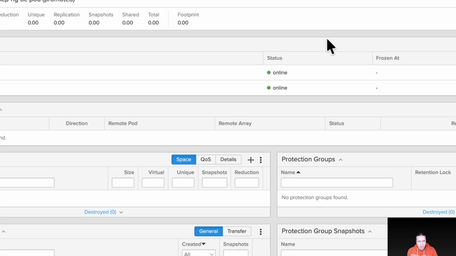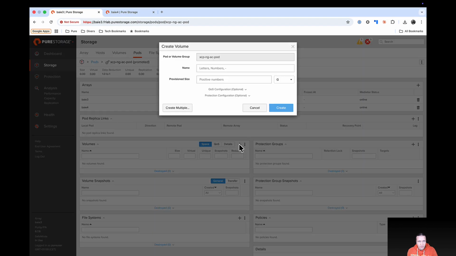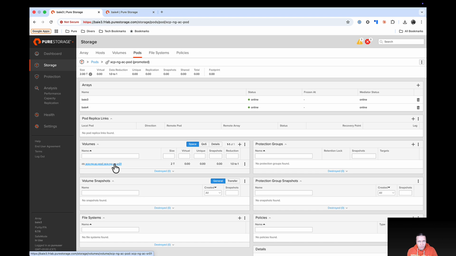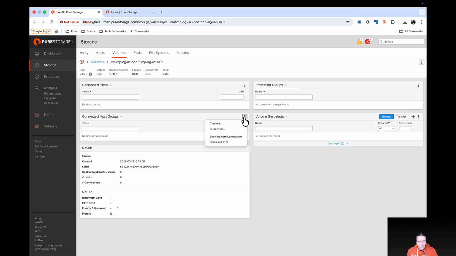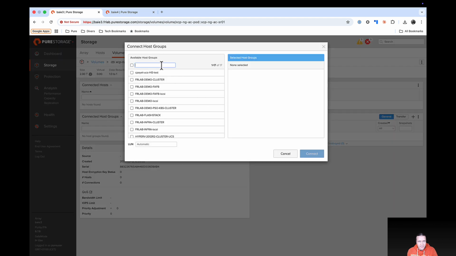You can now create a new volume within this pod. Here we're going to create a 2 TB volume. Once the volume is created, you can click on this volume so you will be able to assign it to